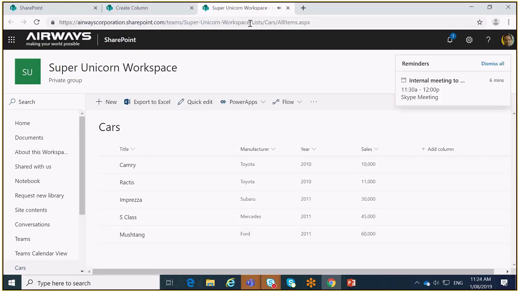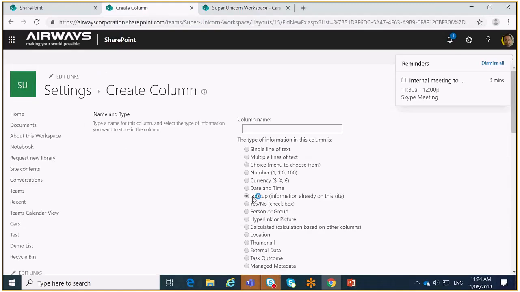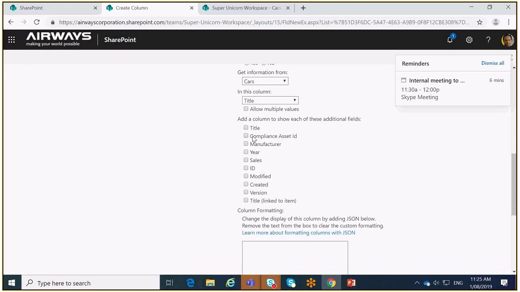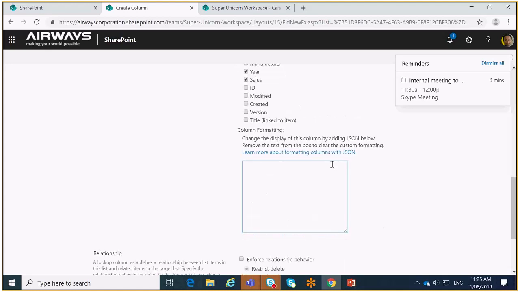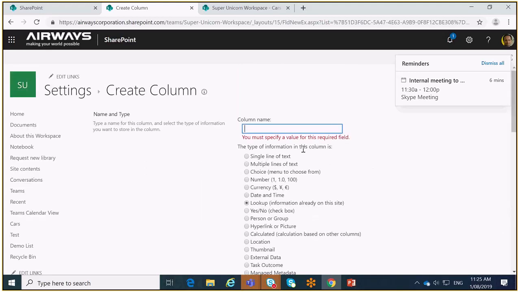And in the new list that I'm creating, I want a drop down that displays all these cars that are showing up here. So in the lookup field, I'll say pull everything from car, and in the drop down, I want you to show the title, which is the name of the car. Along with that, I can also specify that I want to pull in that other information that's there in that list along with the car information. So if I do that and I say okay,